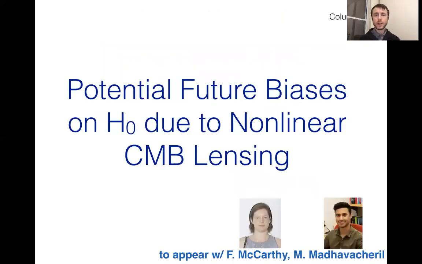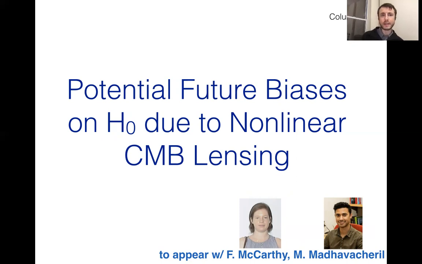Okay, so that's the current state, a very lightning overview. We are actively analyzing the very large amount of data that we have on hand from ACT, so stay tuned for updates. In the context of these more precise measurements, I've been thinking hard recently about things that we might need to keep in mind as we analyze that data in order to make sure that we